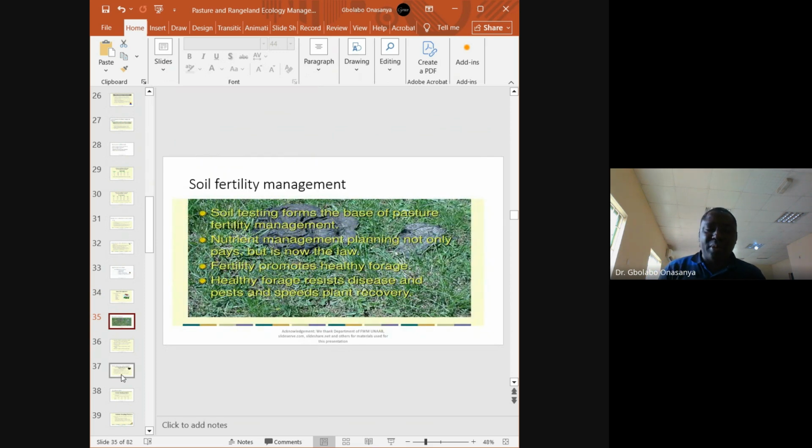And soil fertility management. I have spoken on soil fertility management, where you apply fertilizer, organic or inorganic, where you allow your soil to rest. You do not allow for overgrazing. Soil testing. When the soil is healthy, you have higher quality of grass produced from such fertile soil. And when you realize that your soil is not fertile, you can do soil amendment, you can do soil fertilization.